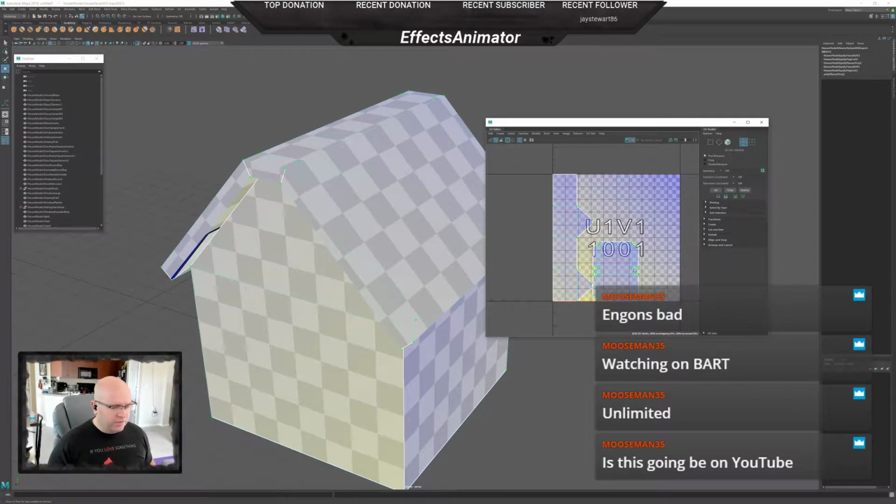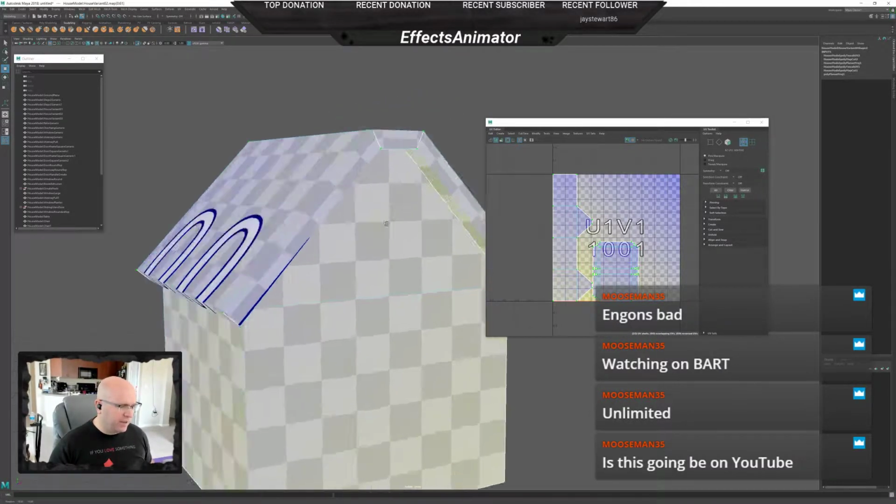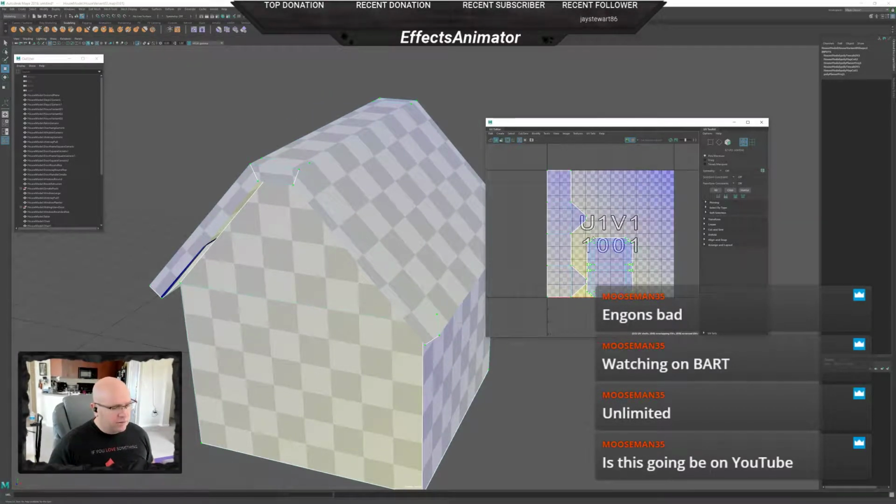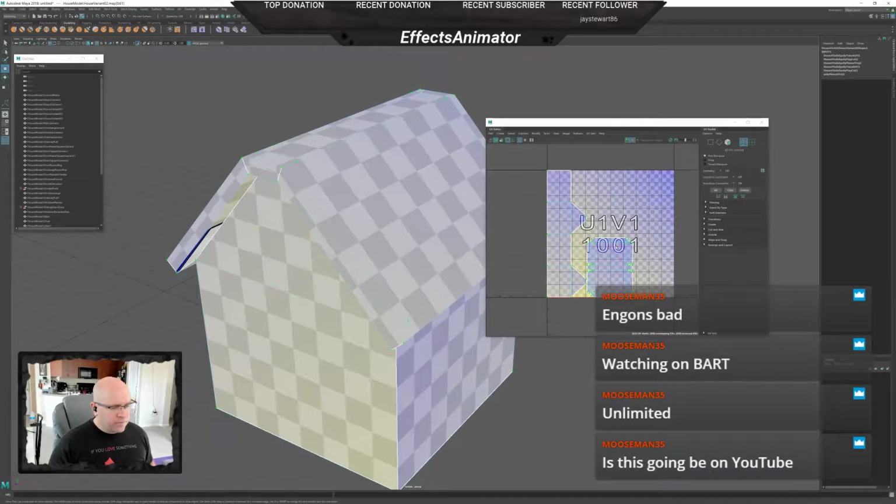And again, that's the biggest reason that I use that layout option. It's not really for the layout. Yes, it did put things in the 0 to 1 space for me, but that's not really why I do it. I do it mostly to make sure my scale is matching across the UVs. So, and now it is. However,